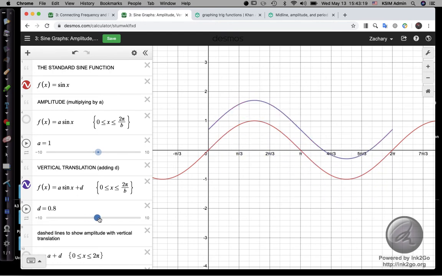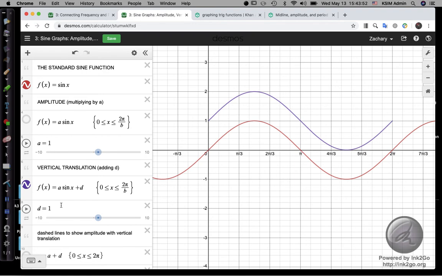So let me move up and down, and if I move it up by 1, I can see that the center line of this sine function has shifted off the x-axis and is now at the line y equals 1. But the amplitude is the same, because the displacement from the center line is still 1 unit, from 1 to 2, and from 1 to 0. So the amplitude of this function hasn't changed, it is still 1, and all I've done is shifted the center